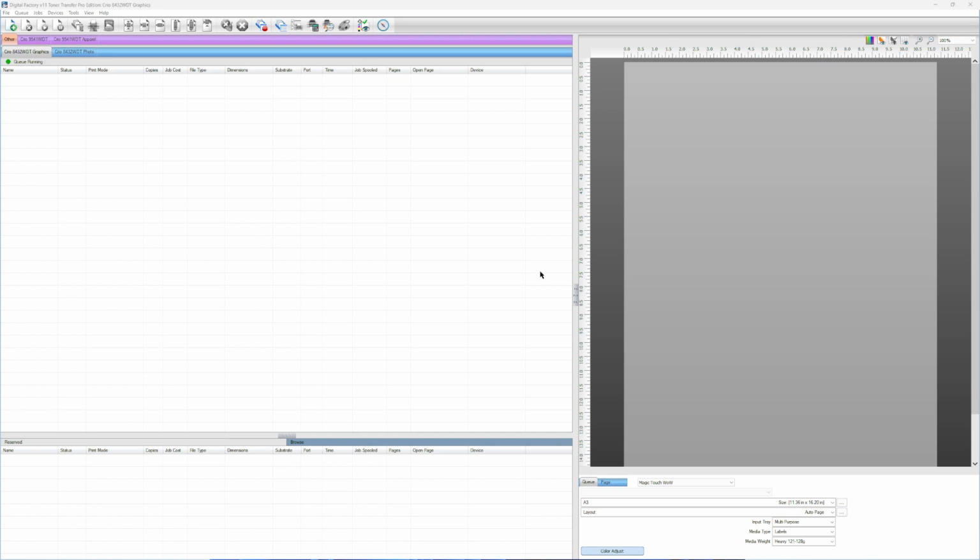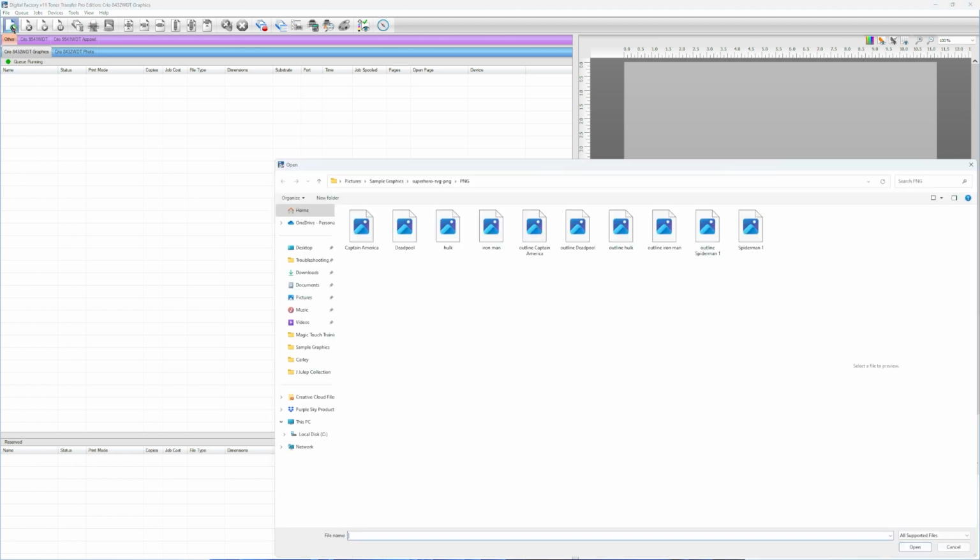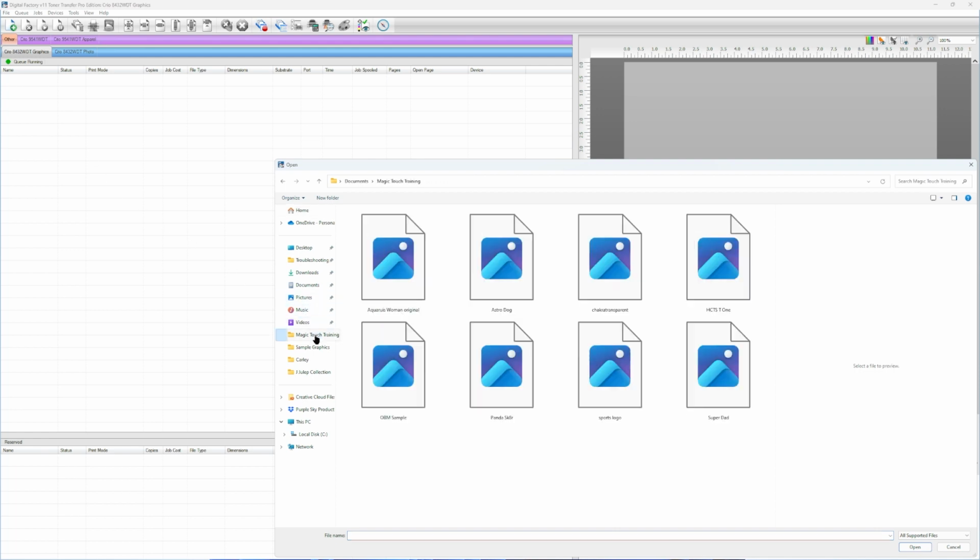To knock black out of our image, we're going to follow a lot of the same steps here. Again, knocking black out of your image is the same thing as knocking color out and doing what we refer to as natural rasterization. We're going to bring our job in once we have our paper type set here. This time we're going to choose an image